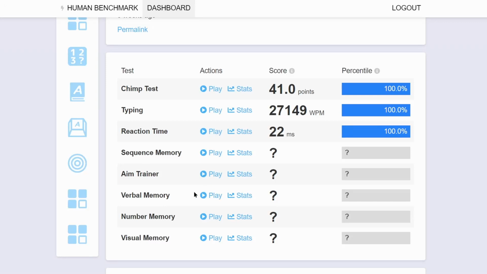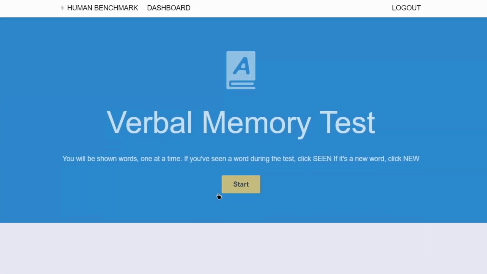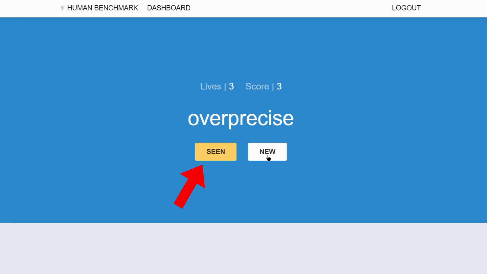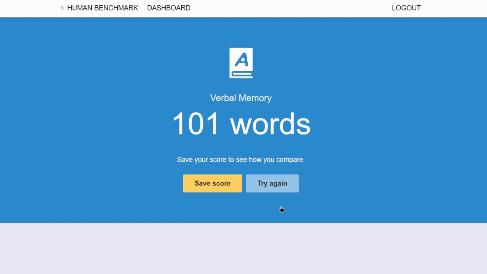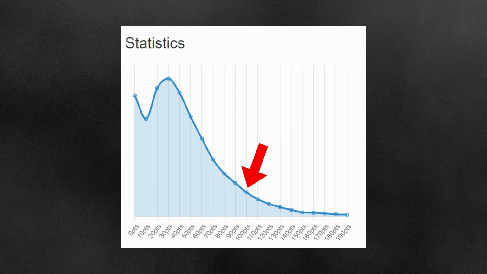Anyways, let's look at one of the memory tests. This one is about remembering words. The website shows you a word and you have to click seen if it's been shown to you already by the website, or new if it hasn't. After 3 wrong answers, it's game over. The score is calculated by how many words you got through. The best I could do was around 100 words, which was actually pretty good compared to everyone else,